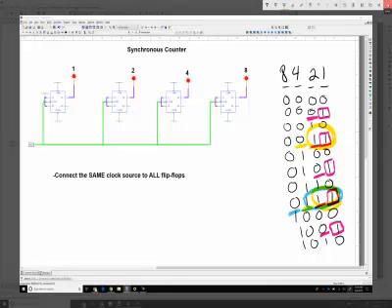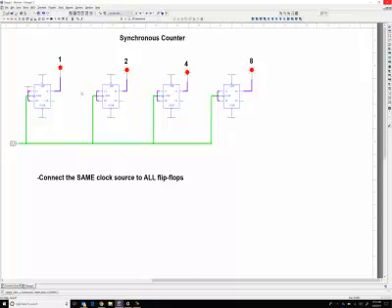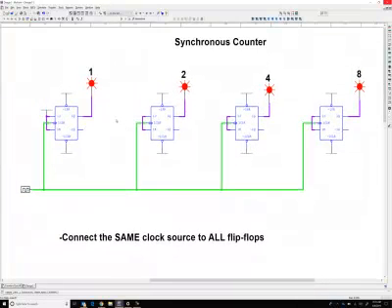So let's do that. Here, what we're going to do is make it so that the JK needs a 1 at both J and K when this one is a 1. I think that's very straightforward. Right? We connect the JK when the ones place is a 1, the J and K is going to have a 1, and the next time the clock says go, the JK is going to be ready to toggle